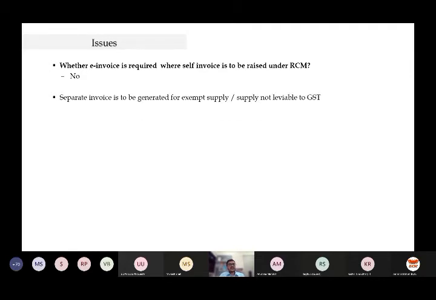When a supplier is making a taxable supply as well as an exempt supply, please note that you should issue a separate invoice which has an IRN for the taxable supply, because there is no requirement for issuing IRN details for an exempt supply. So it is suggested that you raise a separate invoice for taxable supply and a separate invoice for exempt supply. And for exempt supply, the requirement is that we have to issue a bill of supply and not